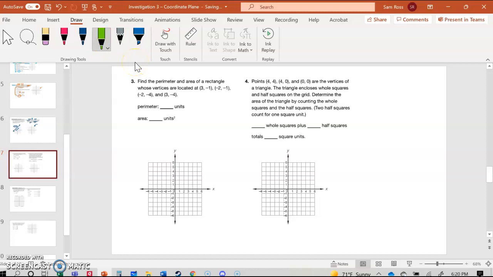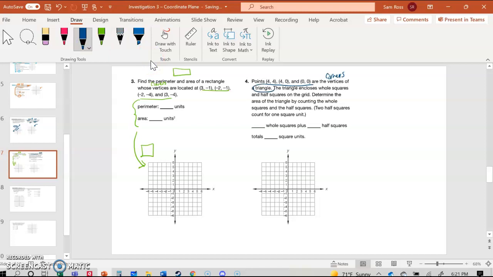All right, number 3, the perimeter and area of a rectangle whose vertices, corners, are located here. So you will use this to draw your rectangle, and then the area and perimeter you will find. Okay, number 4, you've got these 3 points, which are corners